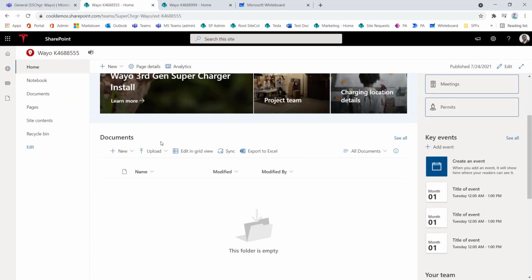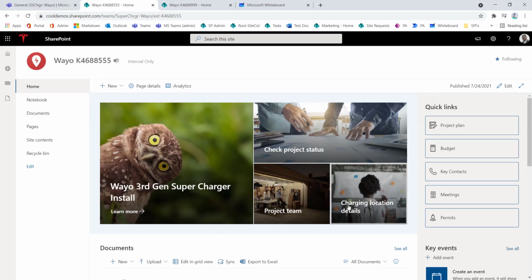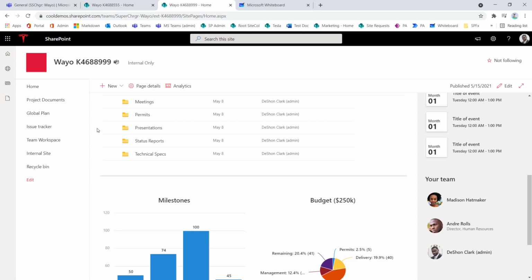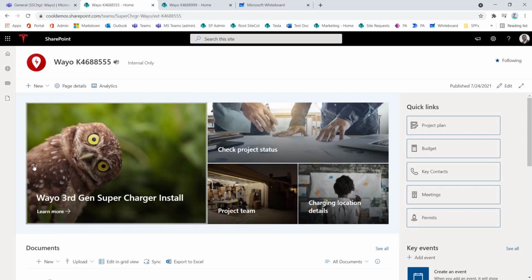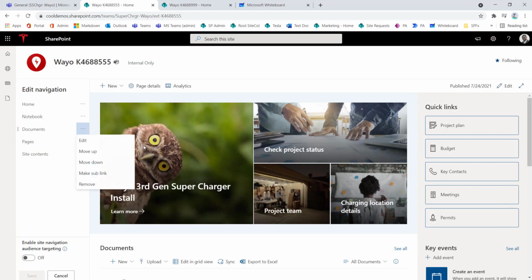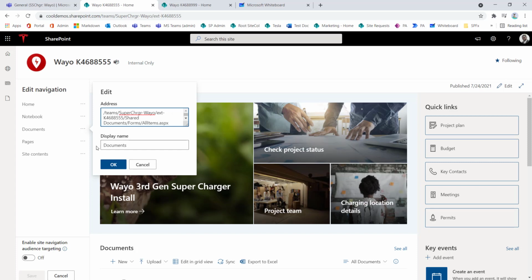The only thing I'm missing here on my documents is my folder structure. So I can go ahead and build that out, but that's going to be pretty straightforward. Outside of that, the last piece of the exercise, and we don't have to go through it here, is just building up the linking, right? So my project documents is just going to link to my project documents folder. So really, I just leverage what I get out of the box here, rename this to project documents, keep it wired up